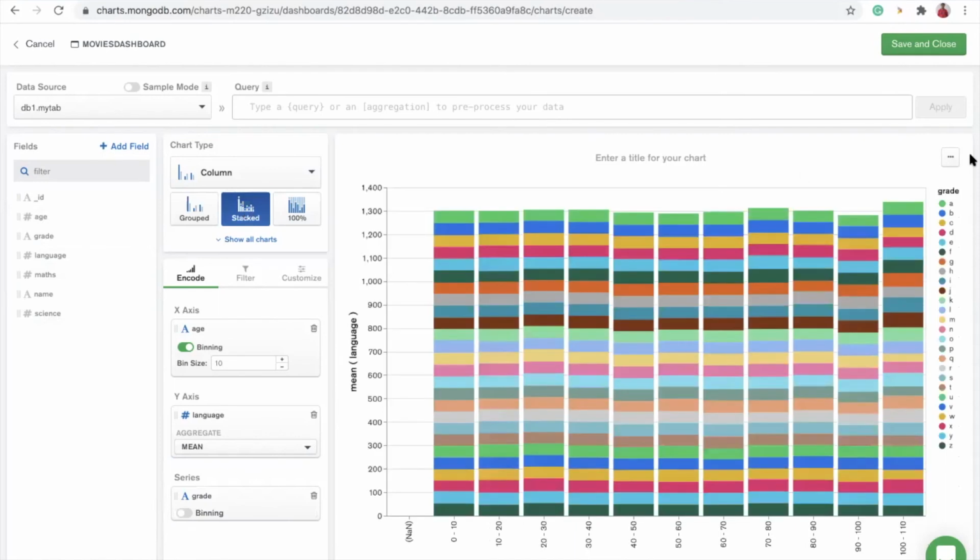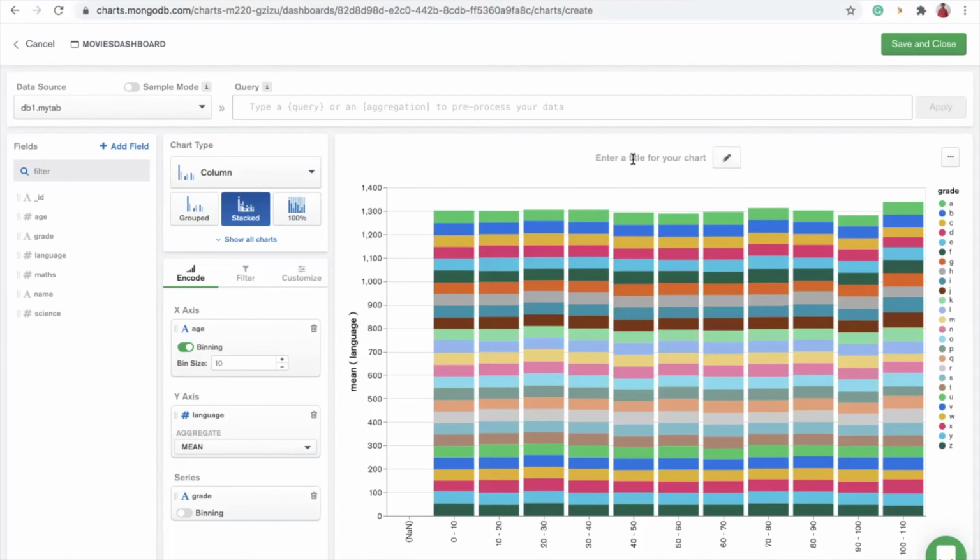We can see grade A for age 0 to 10 is taken by nearly 53.17, and B grade for age 0 to 10 is 51.86, and in 30 to 40, grade E is 50.15, like that.